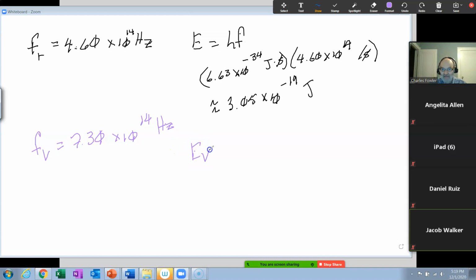E for violet light, as opposed to this being red light, is equal to hf. This would be violet, and this was red up here. So this would be 6.63 times 10 to the minus 34 joule seconds